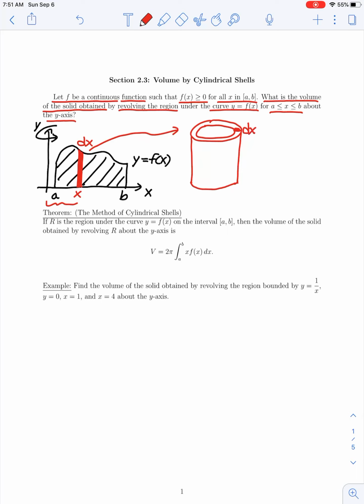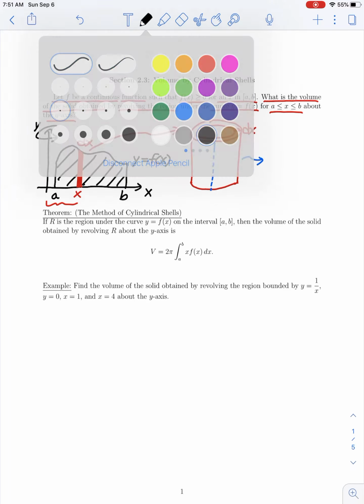Now our goal is to find the volume of this cylindrical shell, and if we can find the volume of this shell, then we could add up the volumes of all of these shells as x ranges from a to b by using a definite integral, and that would give us the total volume that we're interested in. So let's think about how to find the volume of this cylindrical shell. To visualize this, let's think about taking this shell and cutting it along some edge here. So if I were to slice this through and unroll my cylindrical shell, I would have